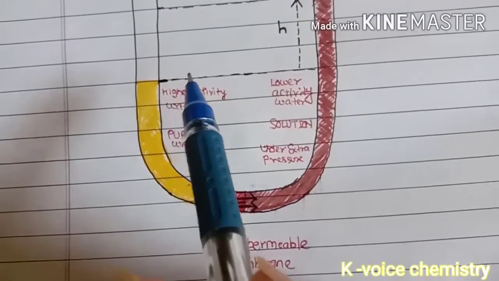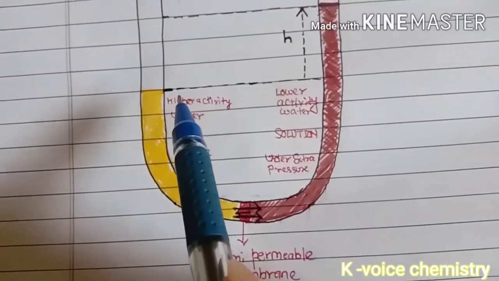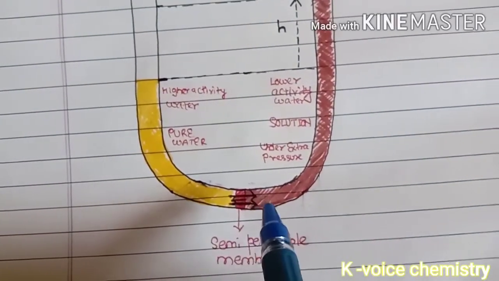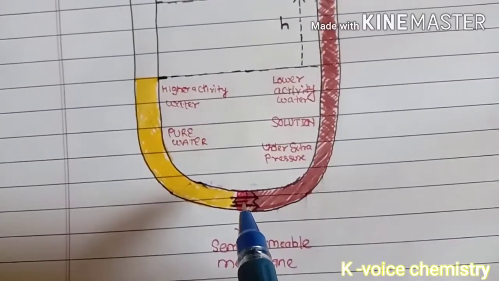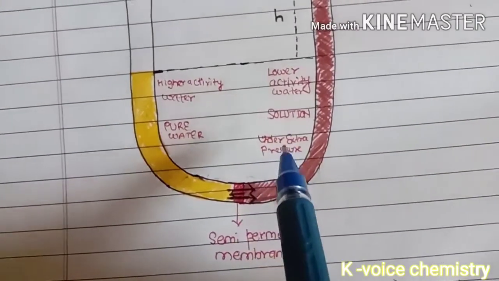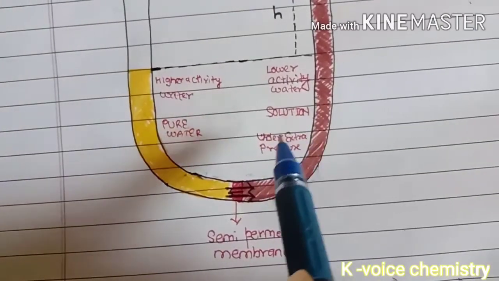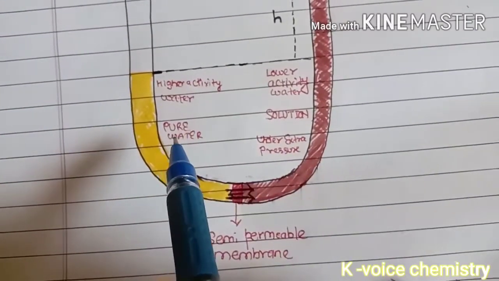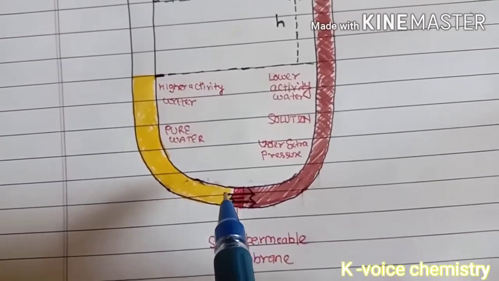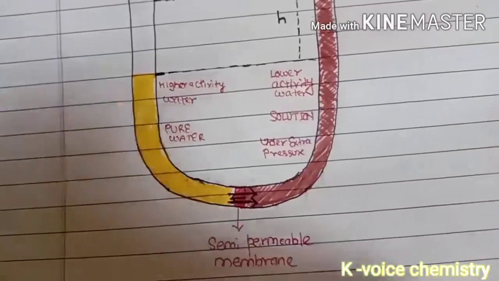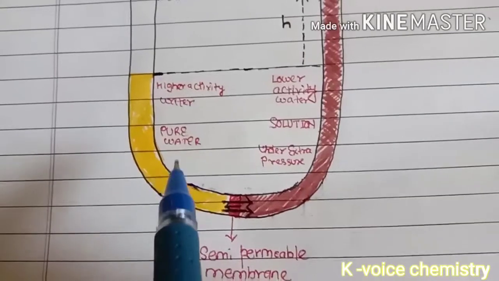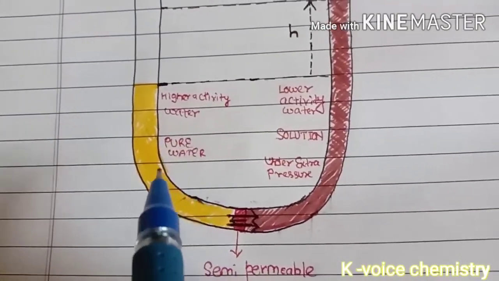So the solvent molecules will move from the higher activity water towards the lower activity water, as we can see from this bigger arrow, and down to it is the smaller arrow, which denotes the movement of some of the solvent molecules from this solution towards this pure solvent, but that is very less as compared to the movement of the pure solvent towards the solution. Okay, so what happened when the molecules from this pure water